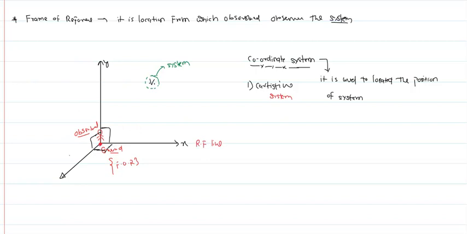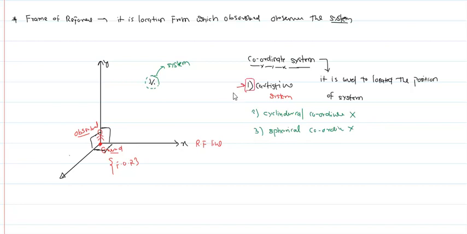There is another kind of coordinate system, the cylindrical coordinate system, but it is not required. If there is some need, I will teach you, but I think it is not required in your course. There is also the spherical coordinate system. We don't require these two. We require the Cartesian coordinate system.